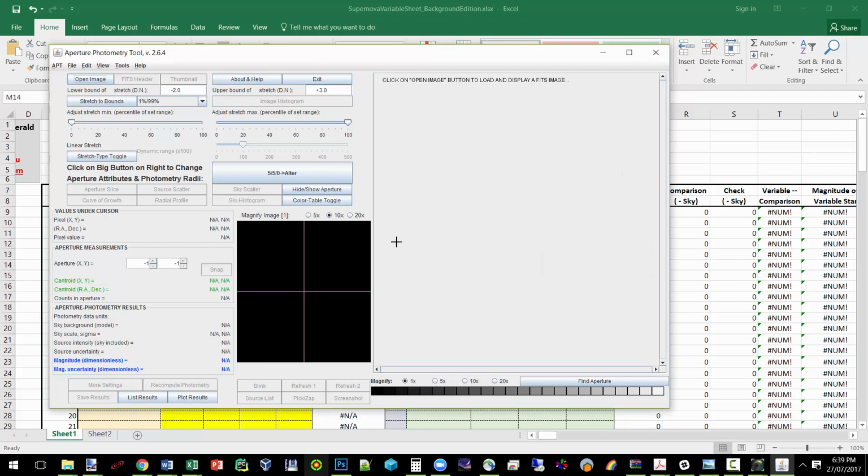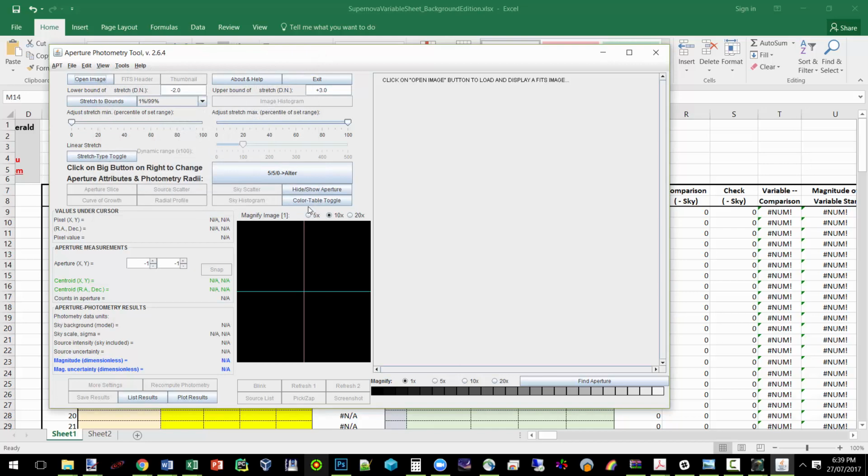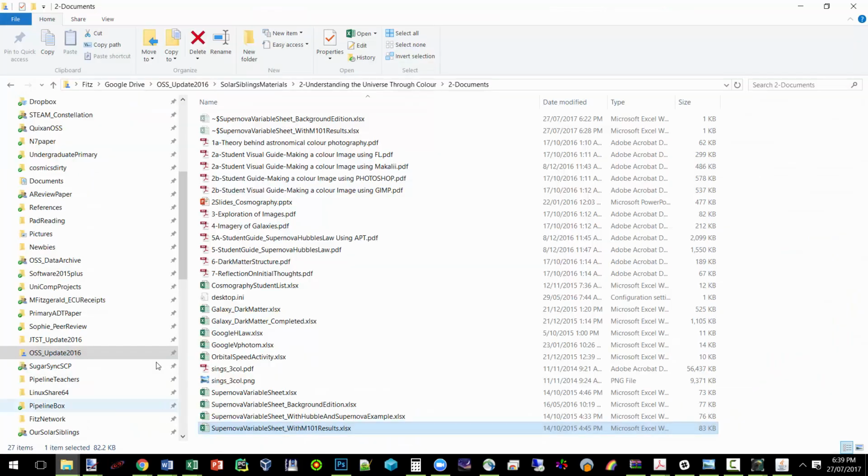So I'm just trying to think through what would be the best way to do this, because Aperture Photometry Tool is quite confusing to use sometimes. That's the best aperture photometry tool, but then you also have